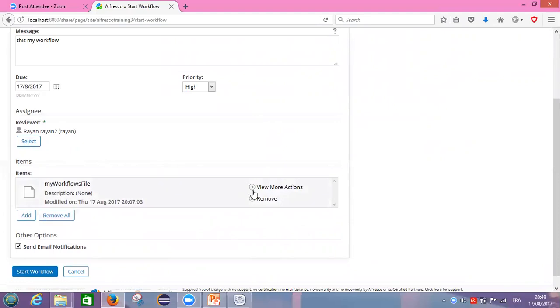As I explained before, view more items is here. You can modify it, or you can remove this item if you want. You can add another item too, or you can remove all items that you added here. Other options: set email notification, by checking this on or off,